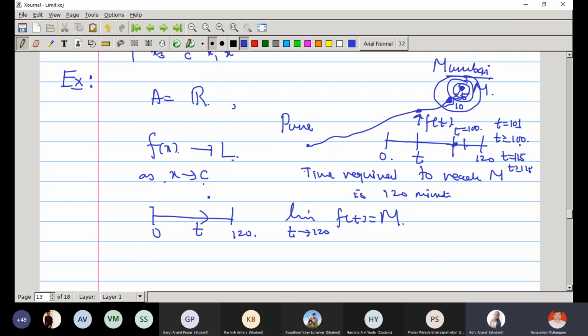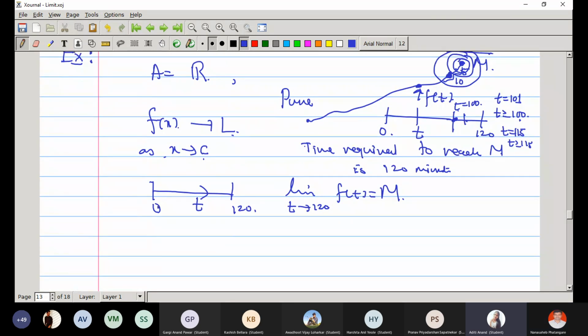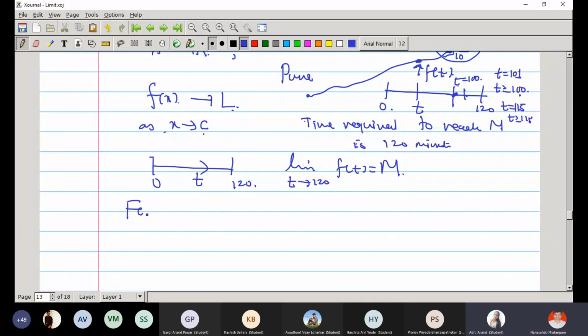So can I take any neighborhood near M? We prove that for every distance, for every epsilon, there exists a delta and something happens. Do you realize what we are going to make now? What definition we are going to make? Right, and in this way we are going to make the definition. So I think our time is over, so we should stop here. Tomorrow we'll define the